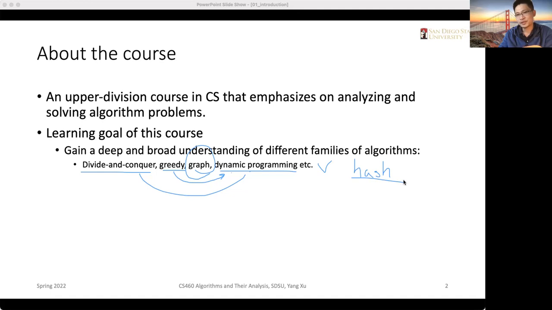So we're going to touch a little bit on the hash functions for the basic hash table and a little bit on the crypto hash. So crypto hash is a different hash function from the regular hash functions, but we're going to touch a little bit on that. Okay, so